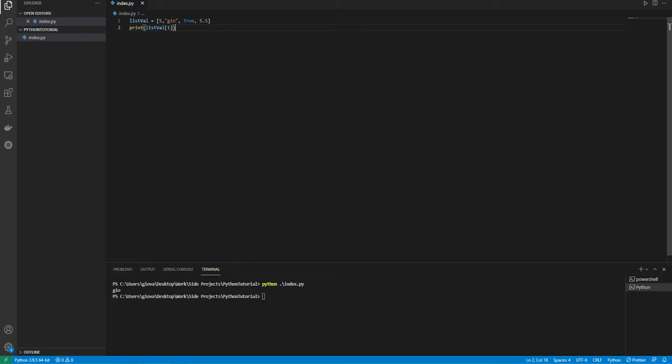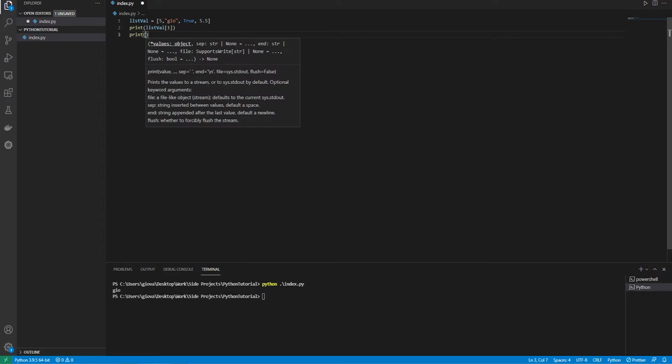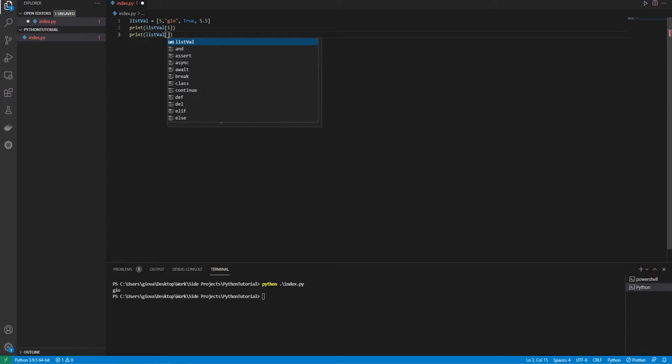Now, just like with a string, we can slice it. So if we want to have a subsection of the actual list, we can do that. So we can just open up another print statement and do list val. And say for instance, I want to start from the beginning, so I want to include 5, but I only want to go up to true. So I want to exclude 5.5. I know I can just do